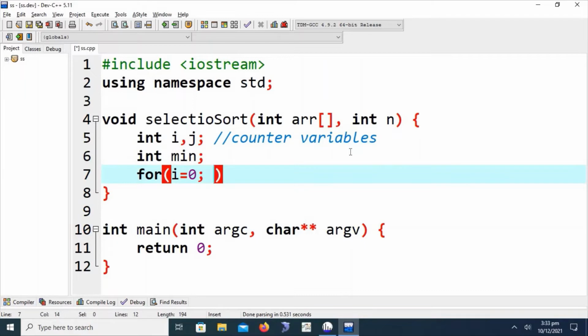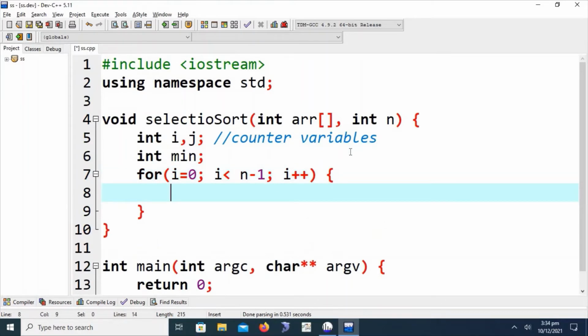starting from the starting index, and I will go through i is less than n minus 1. Why am I going to n minus 1? Why am I not going to i is less than n? Because the last, or nth, element is already sorted, so we do not have to waste one iteration checking whether the last element is sorted or unsorted, because we have clear knowledge that the last element will absolutely be in proper order. Okay, i plus plus. This is the outer loop,